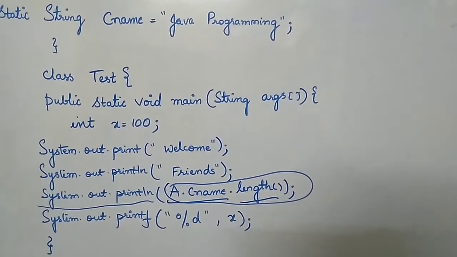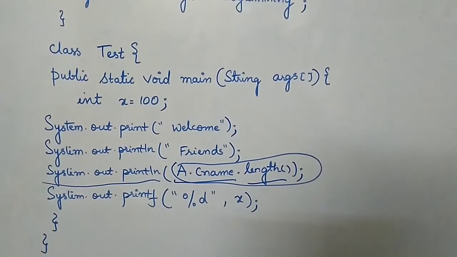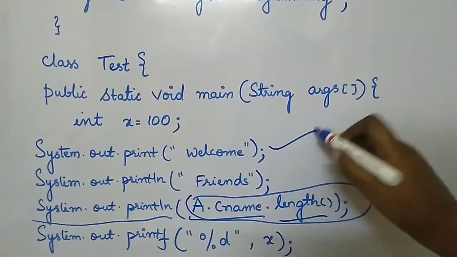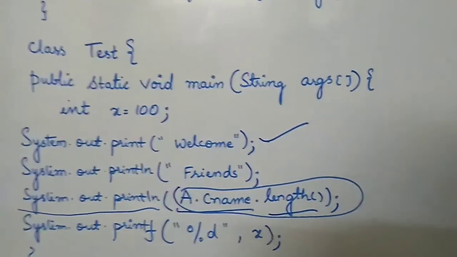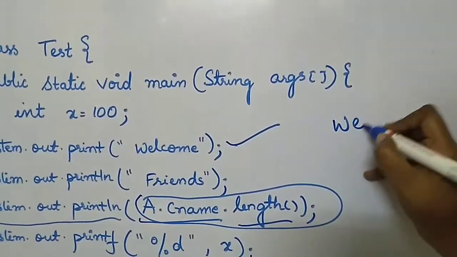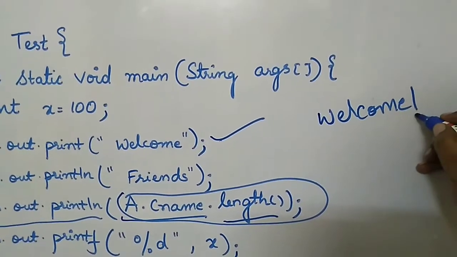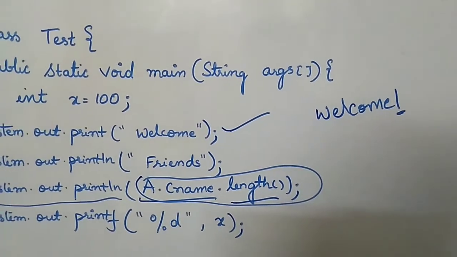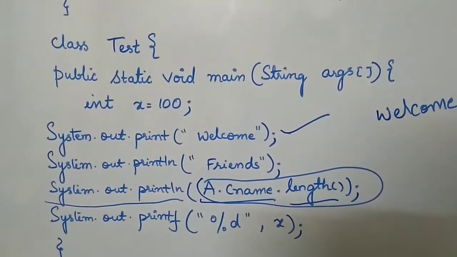Now I'll show you the functionalities of print, println and printf. In this particular case, I said just print and passed a string into it as an argument. On the output screen it will print welcome, and then the cursor will wait after the text to print the next message. That's what is called print.